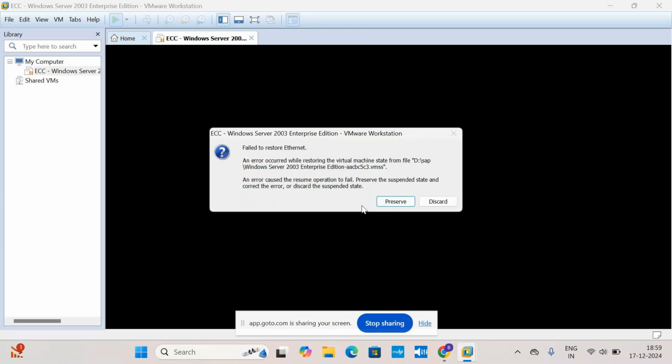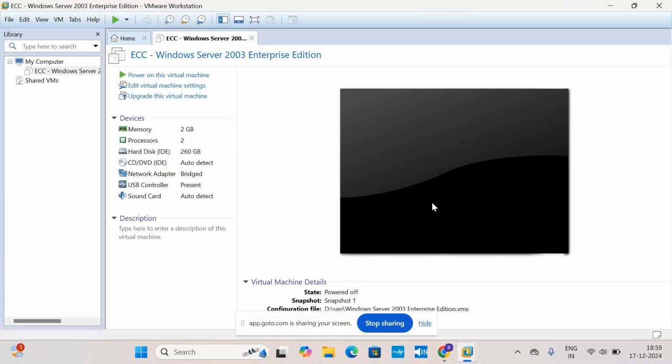Failed to restore Ethernet. What are the two options displaying? Discard and preserve. Discard, you click once. Now it will open, I think. Power on. Now it is asking. Okay, click on that.